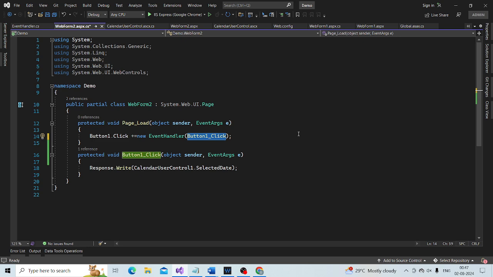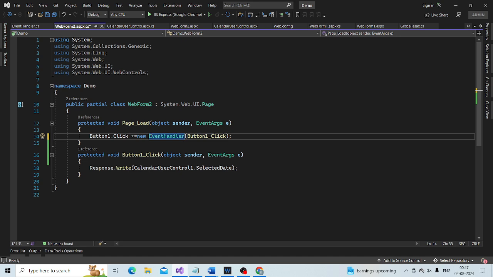Another important thing to keep in mind: delegates are called function pointers. Why? Because when this event happens, this delegate gets invoked.